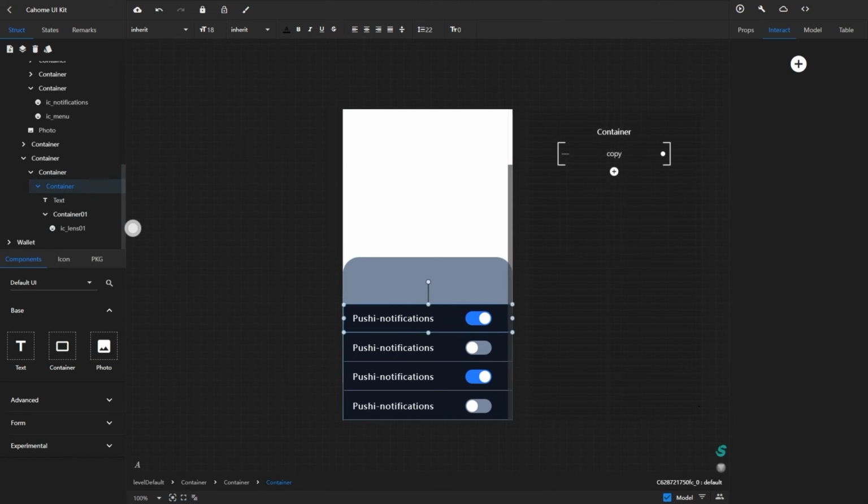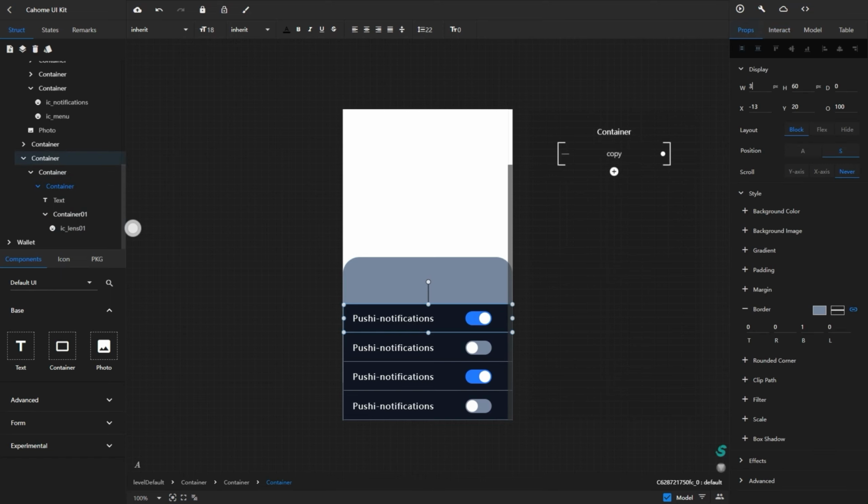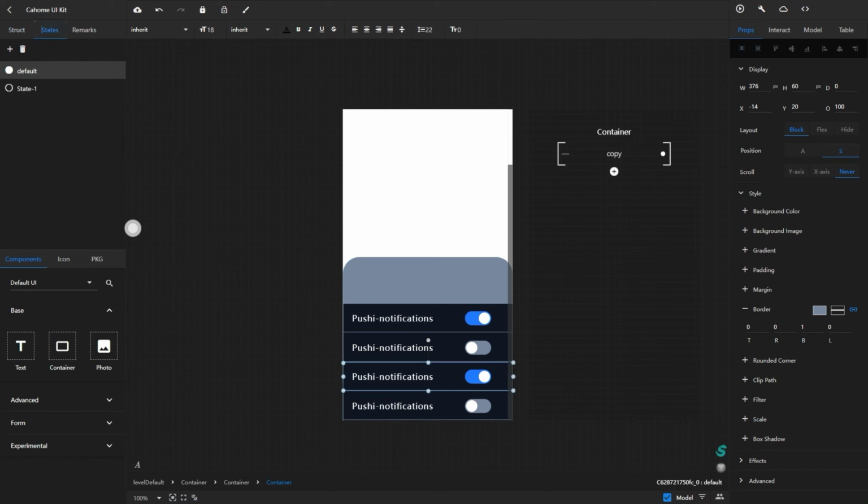Then resize this container. Click on the third one to add a substate. Activate this substate. We change the background color.